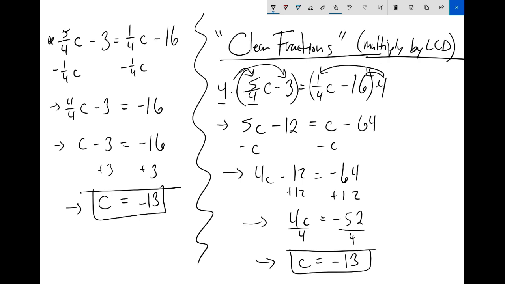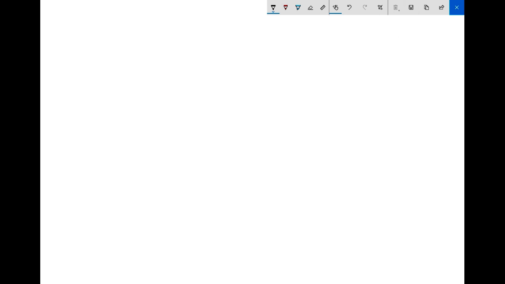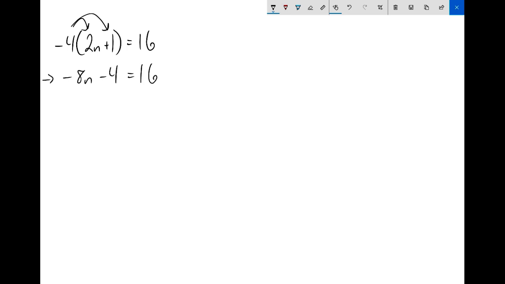Okay. So then we had this negative 4 times 2n plus 1 equals 16. Right, so we'll solve that. So negative 4 gets distributed. That would be negative 8n minus 4 when you distribute that through. Okay, so now what should we do? Get the 4 over to the other side. Yep, by adding 4 to both sides. So you got a negative 8n. 16 plus 4 is 20. And then our last step would be,